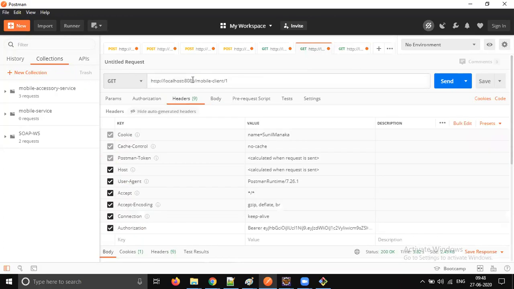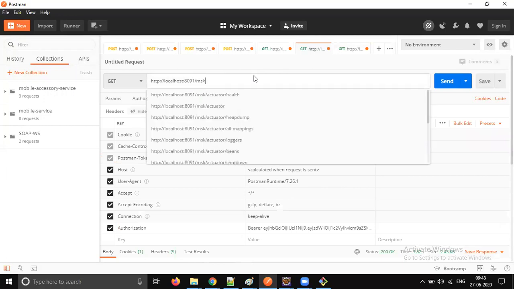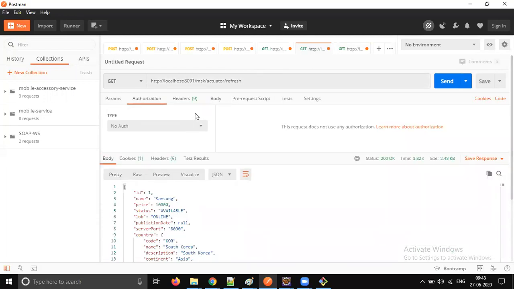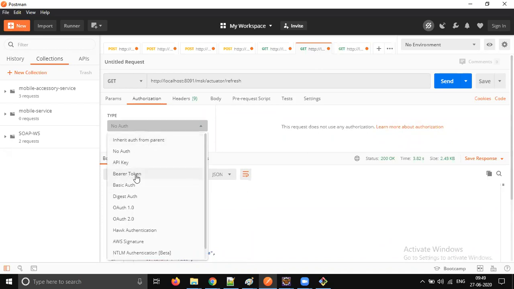So it's going to be localhost 8091 slash msk slash actuator, but not health. It's going to be refresh. I think it's not this one. Get, I believe it's a post. I don't remember exactly. Let's try that out.